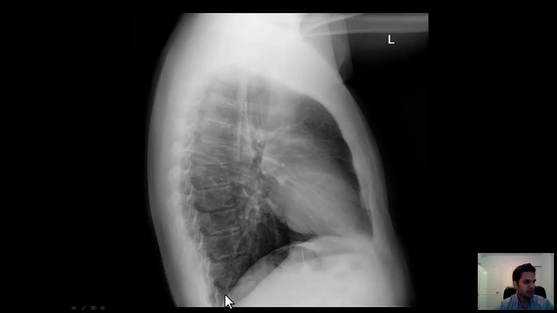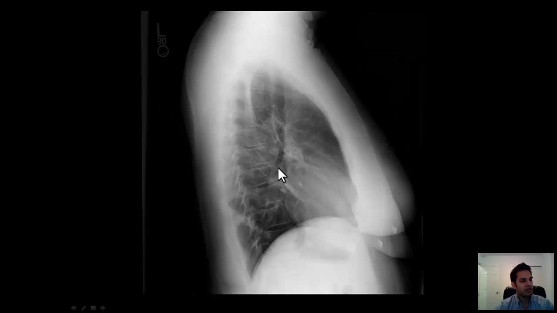Another trick is looking at the costophrenic angles on the lateral view. So I have another patient's lateral view here, which shows the costophrenic angles nicely. And here, if the pleural fluid is at least 50 milliliters, it should show up on the lateral view. The right hemidiaphragm is slightly higher and continuous, and you can see that it also reaches all the way back to the right posterior ribs, whereas the left hemidiaphragm goes and obscures out from